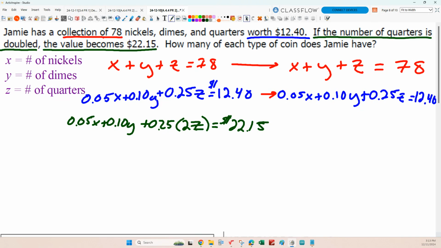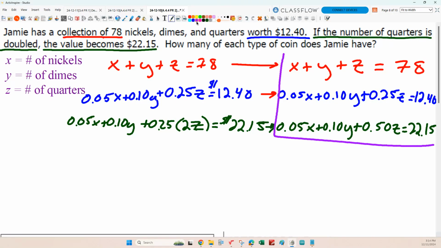The bottom one, if I multiply 0.25 times 2, that's just 0.5, right? So it just becomes 0.05x plus 0.10y plus 0.50z equals 2215. So that's the system we end up getting, right? Those are the three equations if I write them in standard form. Everybody agree? Okay, so all this stuff